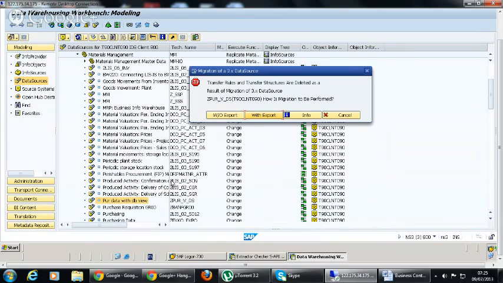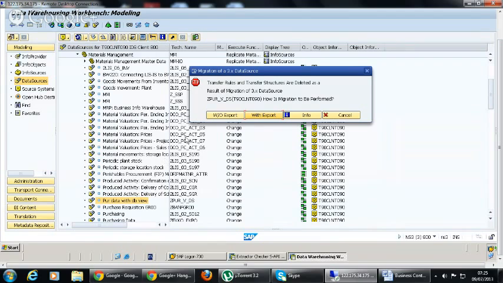In the system, there is a migration process. I will show you how to migrate the whole data flow in the BI system. We will have a separate class on how to migrate the whole data flow in the BI system, because there is BI content, all the data sources which are in 3.5. If you need to migrate it to the 7.0 version, you should know how to migrate that.